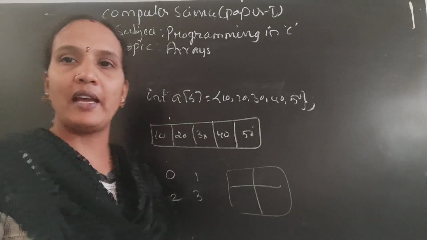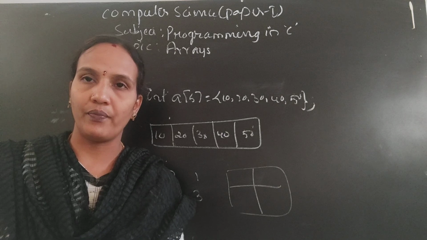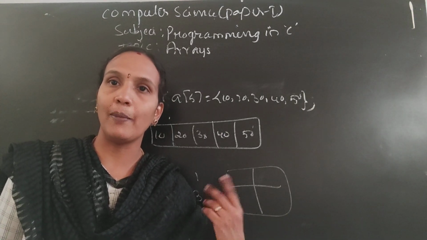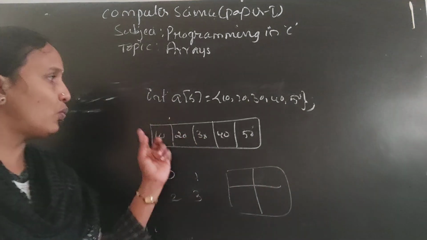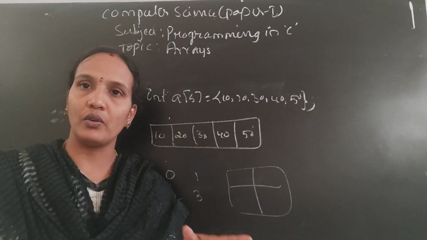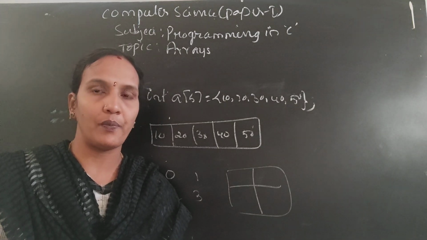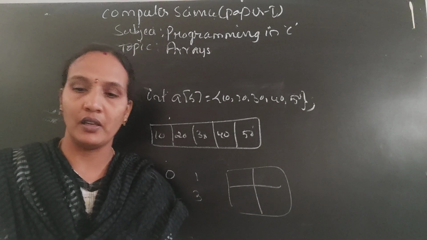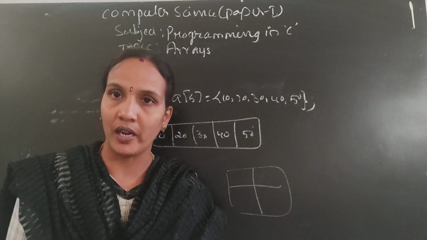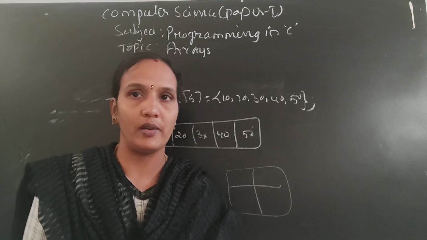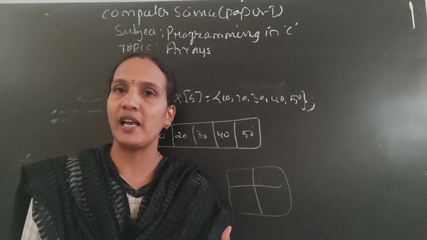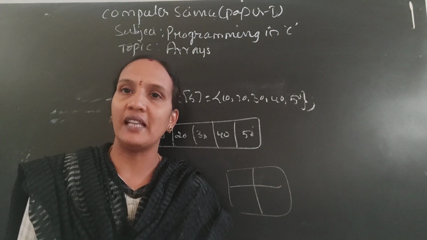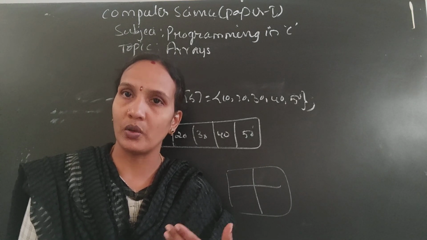this one-dimensional array is not suitable, because if it is a matrix or a table, we need a number of rows and a number of columns. But using a one-dimensional array, we are creating only the rows, not columns. So in real-time applications like a matrix, if you want to create a matrix using C programming, we need rows and columns, where a one-dimensional array is not suitable, because it is used for only the rows.